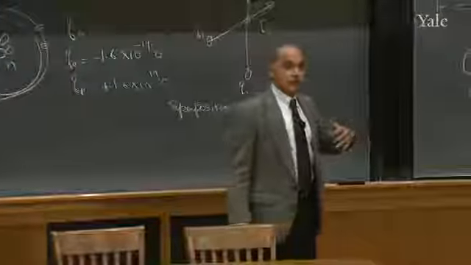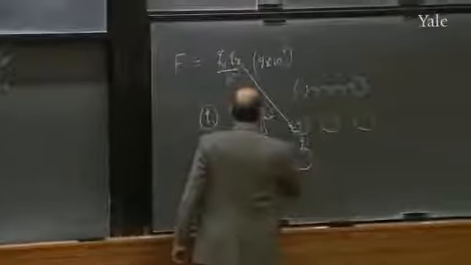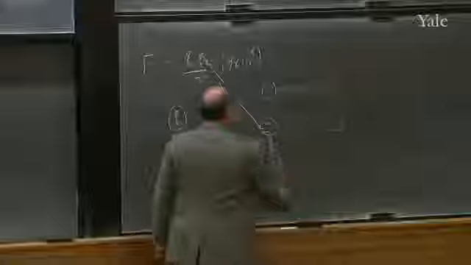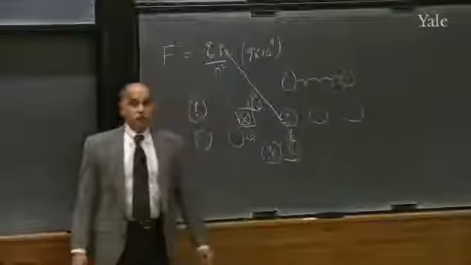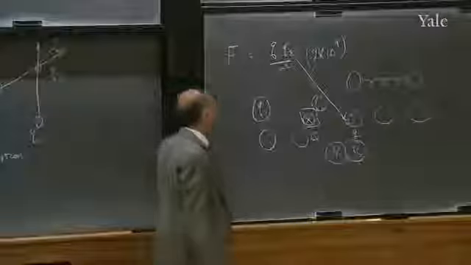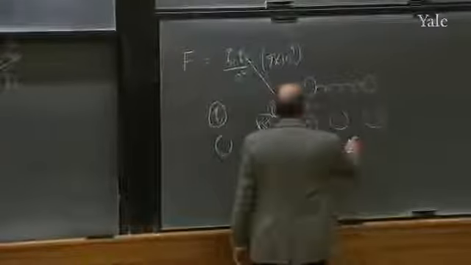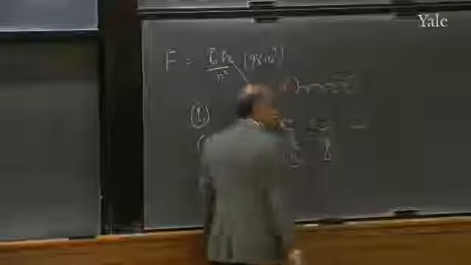You cannot. So they will split it evenly, and therefore charge will split evenly to Q over 2 here and Q over 2 here. Then you can take this and put it there. You've got Q over 2. Then you can do other combinations. For example, you can take this Q over 2 and connect it to the ground, so it becomes neutral.